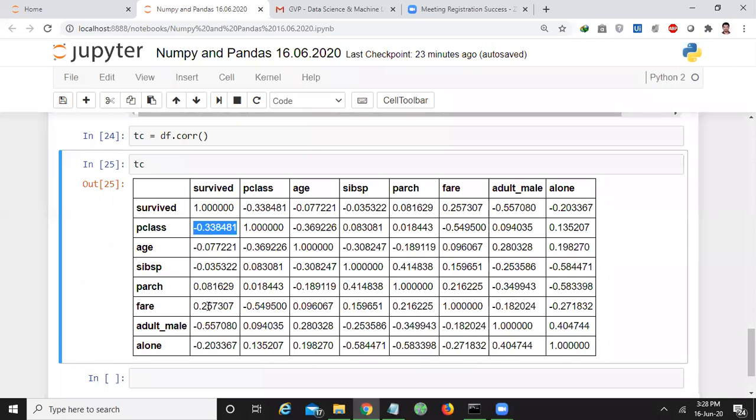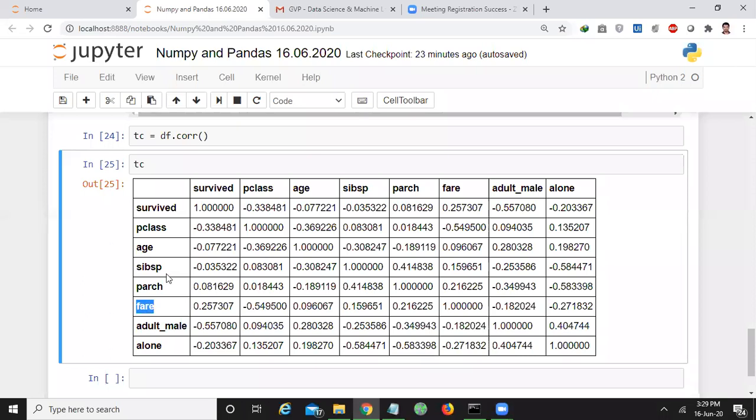If you find positive values here, those give a direct proportion. If one increases, the other also increases, and if one decreases, the other also decreases.